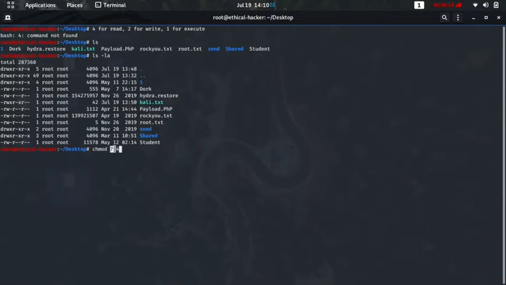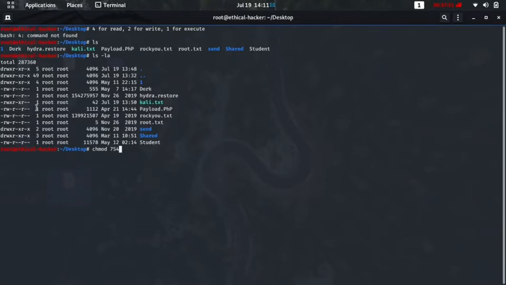the group user will have 5. That is, 5 means 4 plus 1: 4 is read and 1 is execute. That means read permission and execute permission. And at last here it is 4, that means only read permission. So the command chmod 754 file will set the following rights: read, write, execute for the